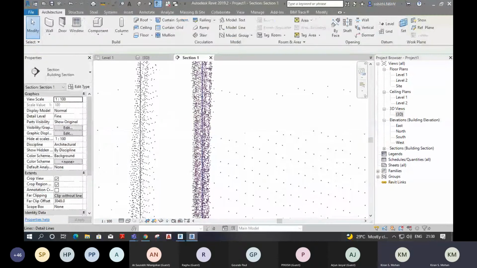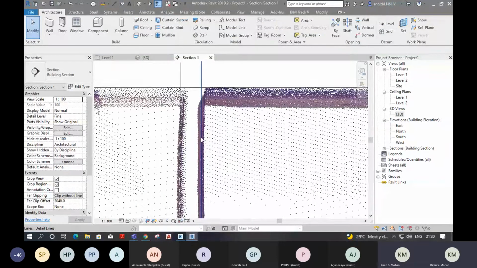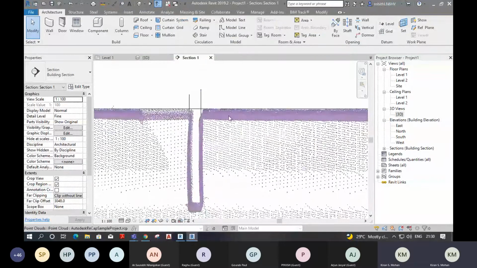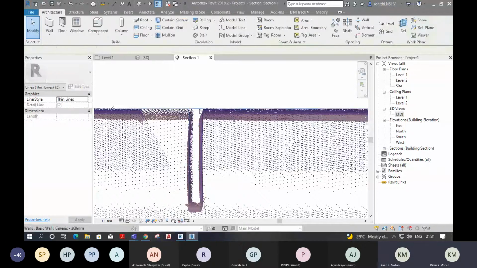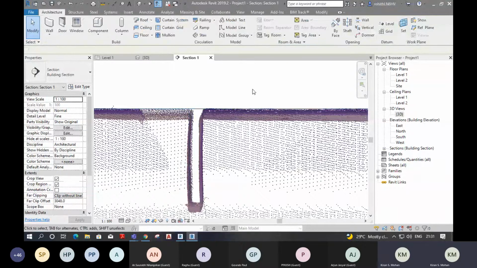Either you can make individual families for this wooden joist, or you can make one by using the component modeling option or the model in place option. Just go to model in place, and we can select generic equipment.